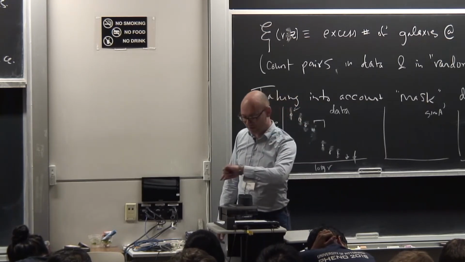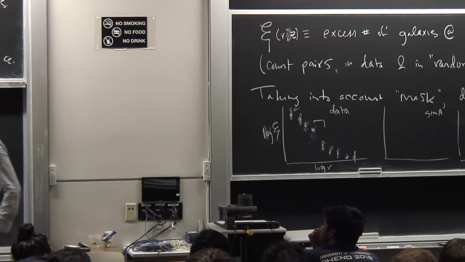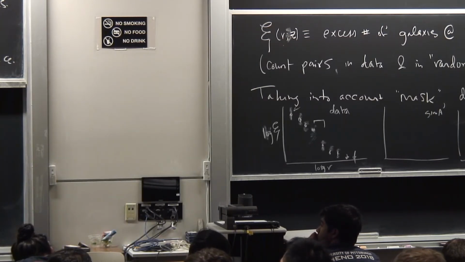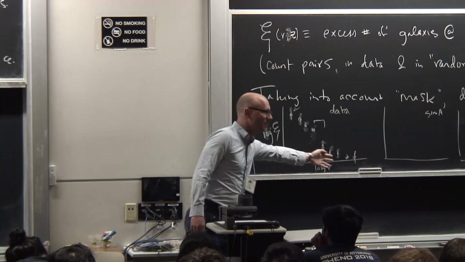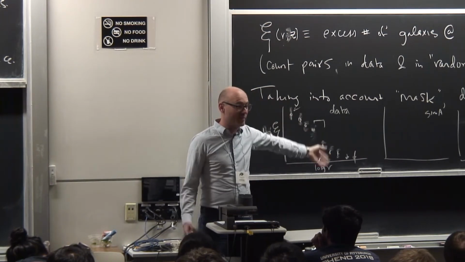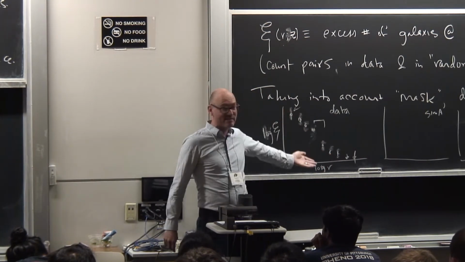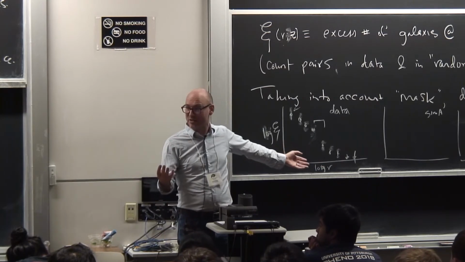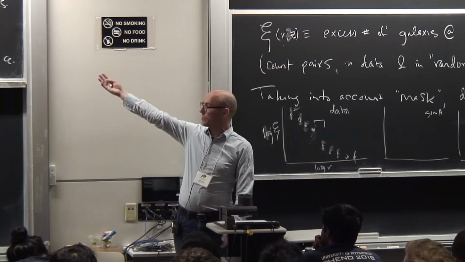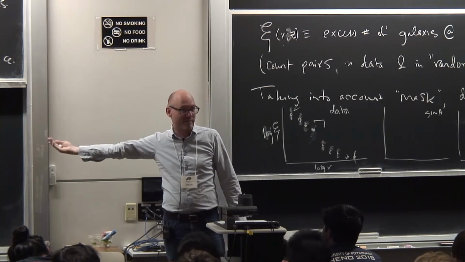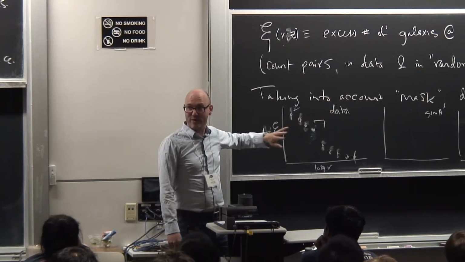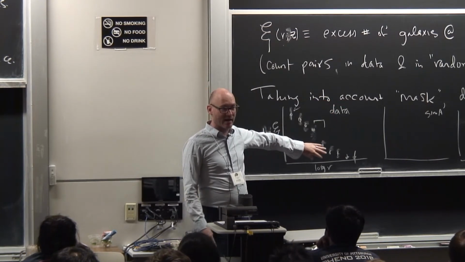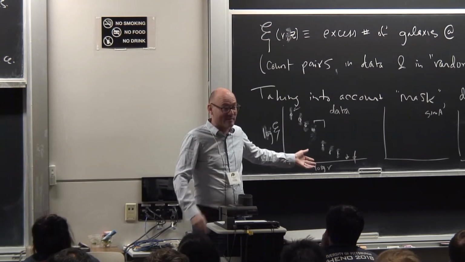I'm about to tell you, in my last few seconds, what we do with the simulations. All we've done is construct a summary statistic of our data. Here it is. It's some set of data points, but it is much smaller than our original data. So we have compressed the data, and we've used a lot of our knowledge to do it. We've used knowledge that the universe has kinds of symmetries, so we used rotationally symmetric quantities, and we used a lot of our knowledge about the dirt in the data. So we've made a very nice summary of the data, but we are not doing cosmological parameter estimation yet.